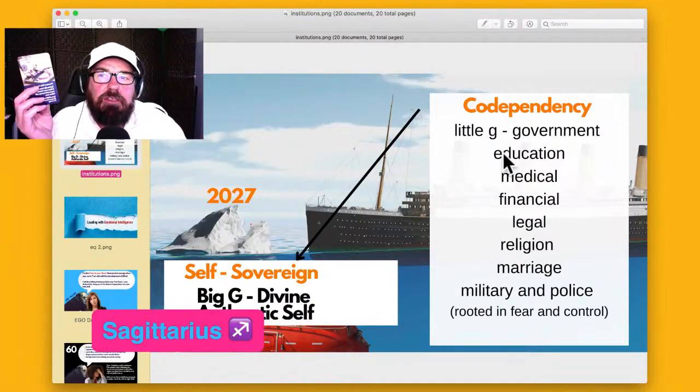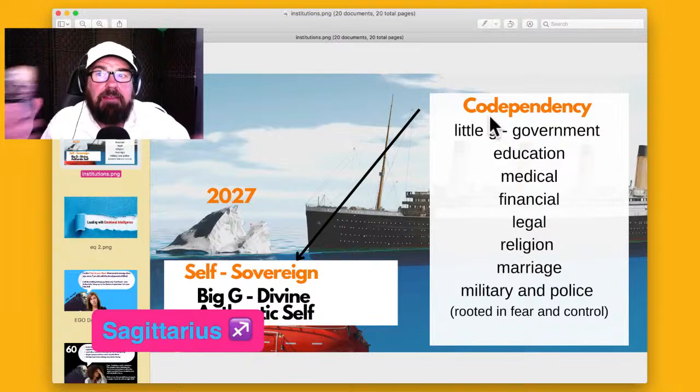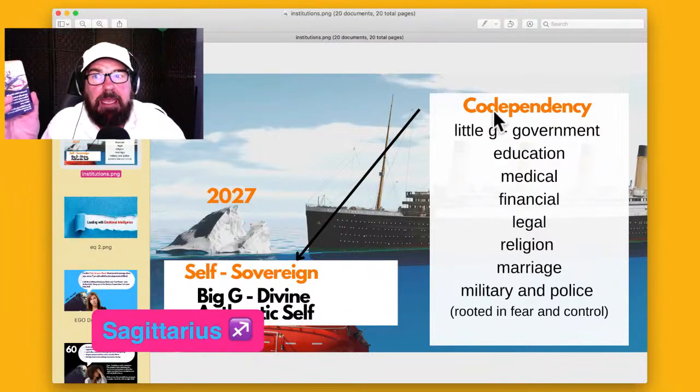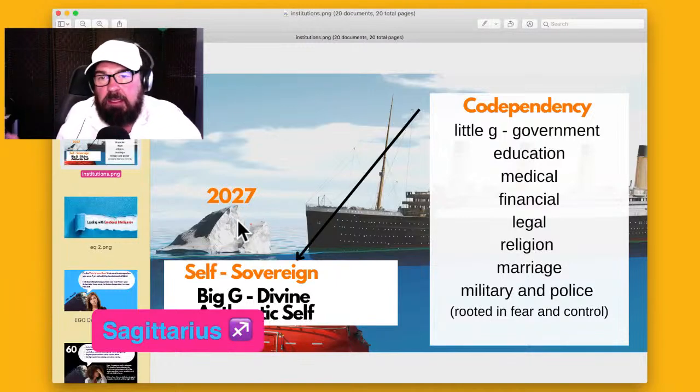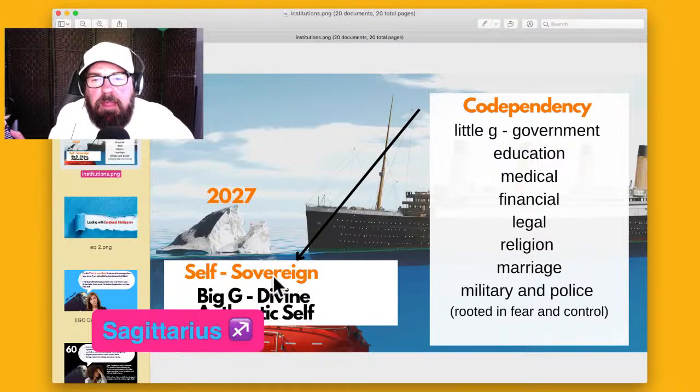All these institutions are going down. We're seeing them crumbling. They're dismantling, right? And the money temptation will come. There's no safety here. The world is changing so fast, at rapid speed as we come to 2027. That iceberg's coming in 2027. It's time to jump off and make little g into big G. Little g's not big G, right?